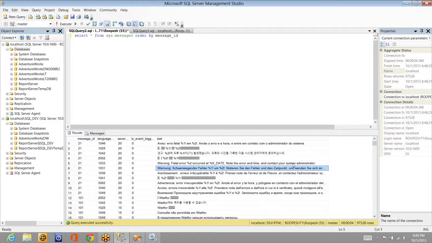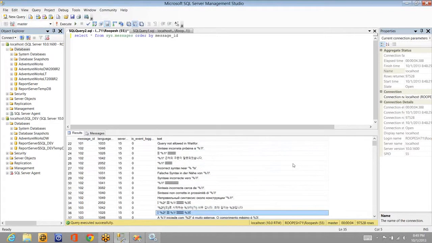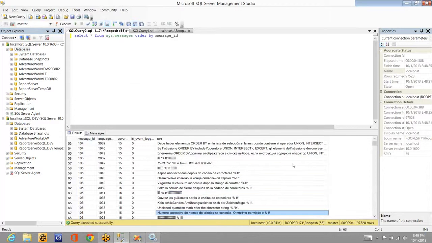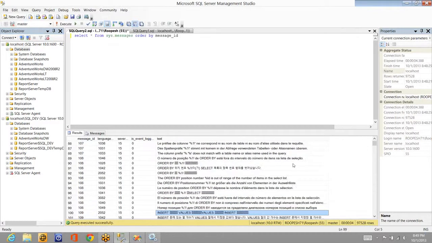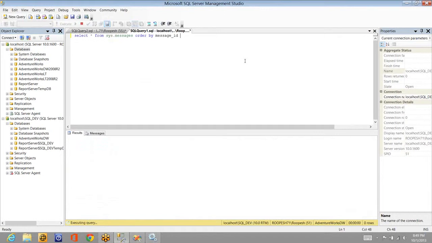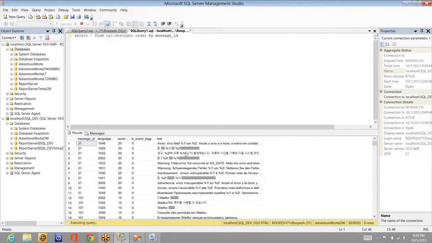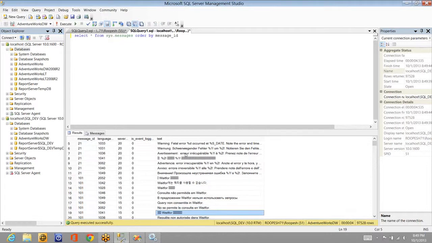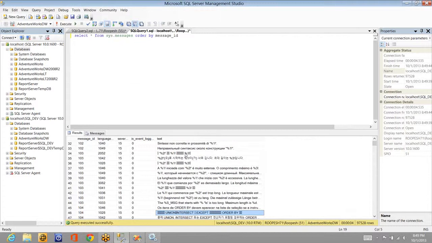So like that, there are a lot of predefined system error messages. This will be there in every database. Whatever database instance you install, you will have the same stuff. So if I copy the same query and paste it in a different instance, you'll find the same error message set. You can see, right? The same 21 and so on. 97,528 error messages are there. And if you see, the message ID is important here.